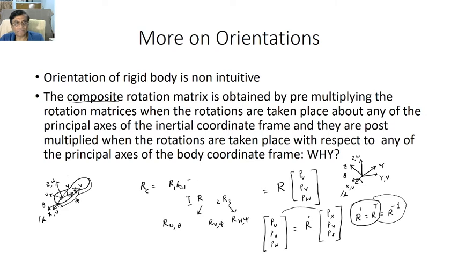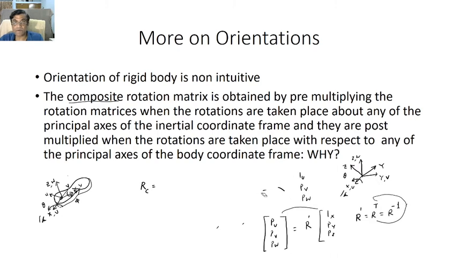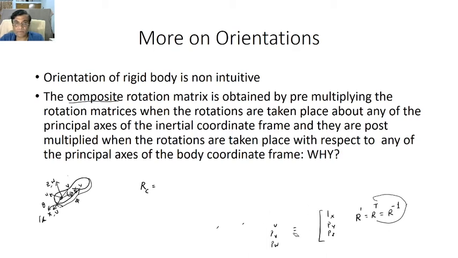Okay, so you have deduced it, and you can memorize that. What to memorize? How to compute the composite rotation matrix. Okay, and the rule is very simple now. To compute the composite rotation matrix, which we have denoted by RC, let me clean the board and then